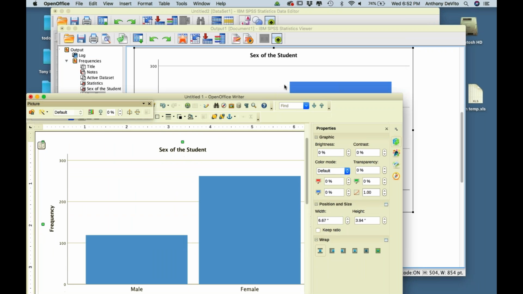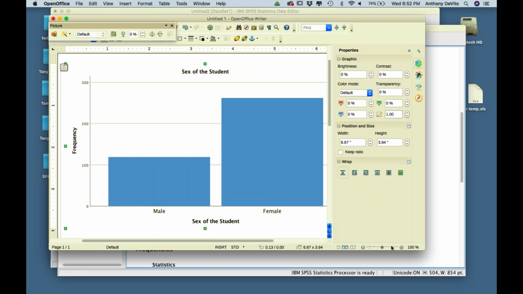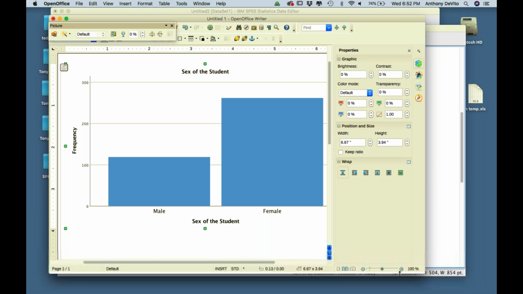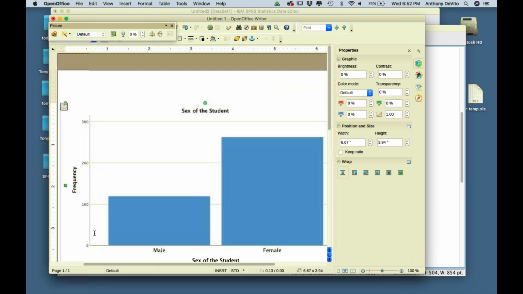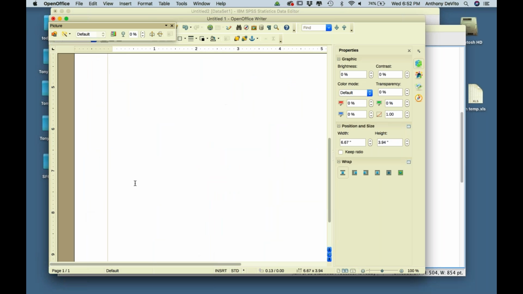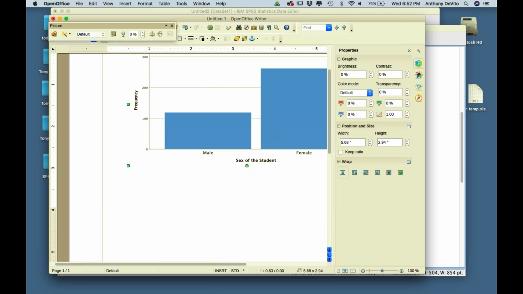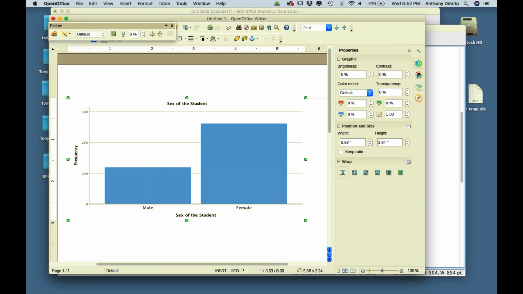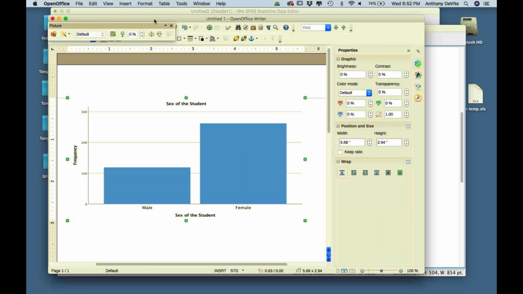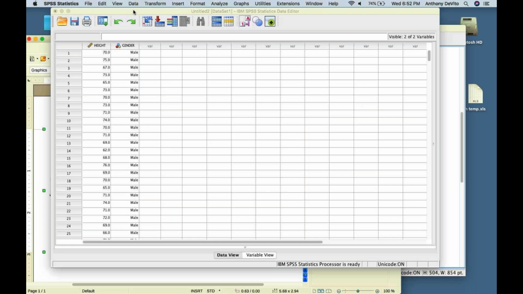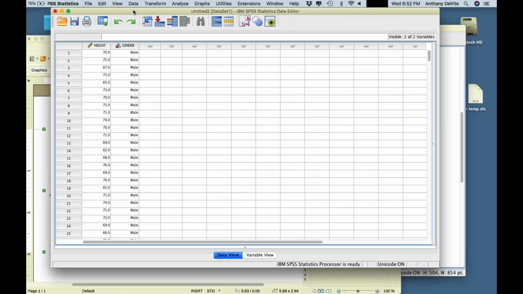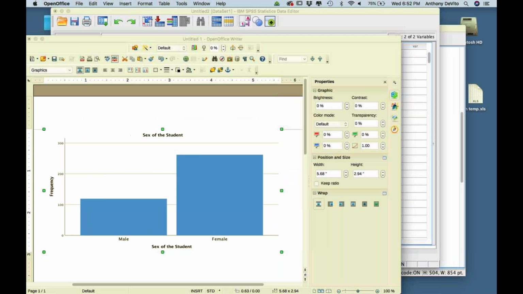There's the table pasted into this document, into this rich text file. Okay, and if you want, you can change the size of it. You can resize it, you can move it around, and so on and so forth. And you can use it in a report, a paper, and so on. Okay, so you can copy and paste it. Now, it should work pretty transparently with your version. If it doesn't, I have a number of workarounds that I can suggest. Sometimes it can be a little bit uncooperative. Okay, so